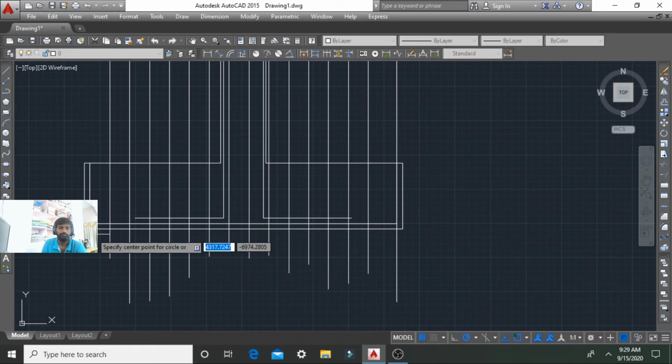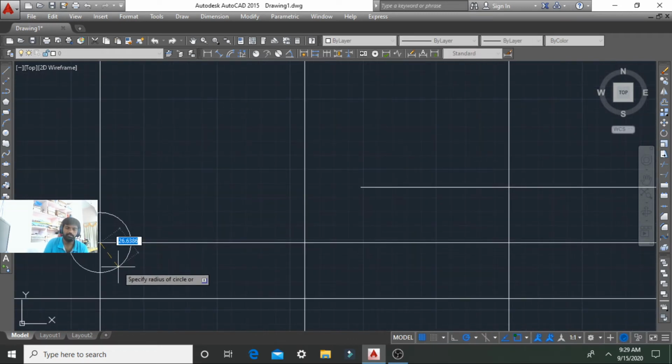Here we can mention the diameter of the bar. I mentioned 5 but it is so small, so I am mentioning 8 or 10. We'll mention 10. Okay.